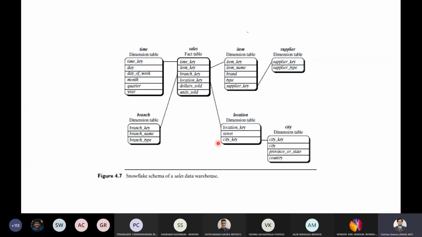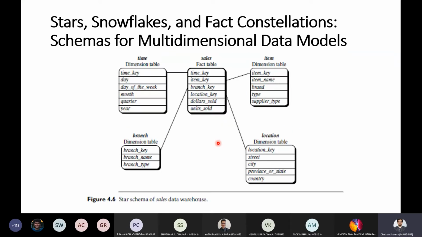The next schema is the snowflake schema, which is nothing but a variant of the star schema model. But the main difference is that some dimension tables are normalized. Normalization here happens by splitting the data into additional tables. If you look at the location table, in the star schema everything is in a single dimension table.